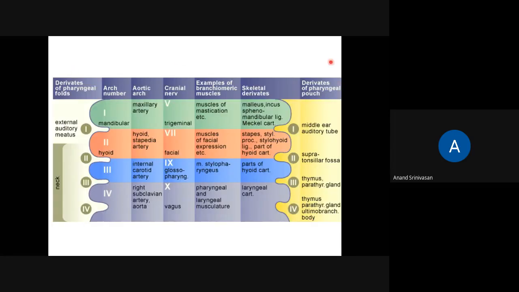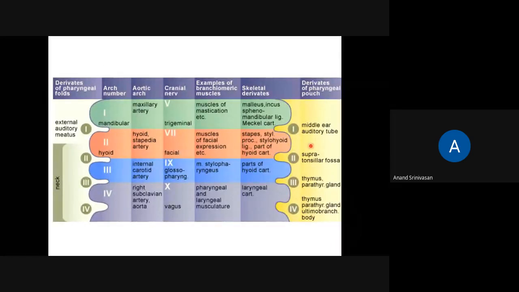So this is the master chart which gives you the development of all the structures. As I said earlier in the class, this topic is included both for your respiratory module and the GI tract, because the muscles of mastication are present here. Not for the reproductive, but in the endocrine it is there, that is the superior and inferior parathyroids. And in the central nervous system and the head and neck it is present again, because the ear development and the face development are here.